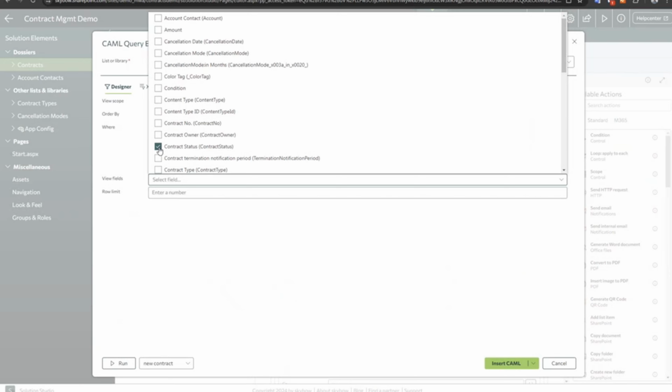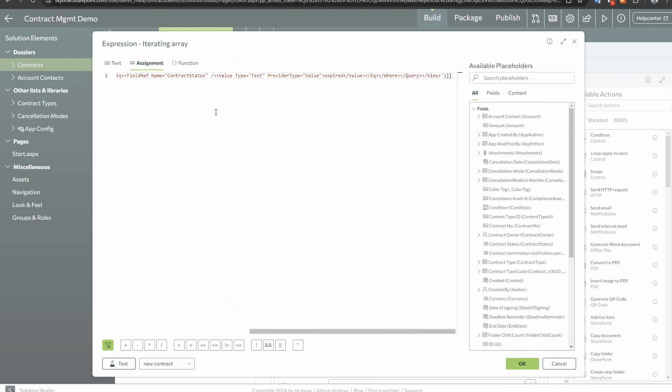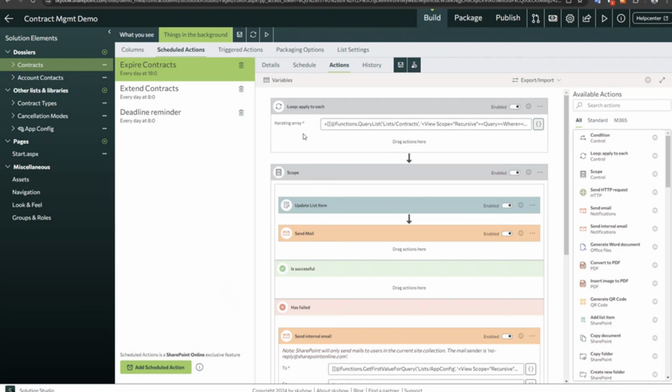And if I would now remove this one and I say query list, it would be inserted as a query list function, which returns an array of objects. So, yeah, okay. I cannot test that here. But this would return the items from that query, and this would be a valid array to loop. So you don't even need to use the get items action. You could do it like this as well,